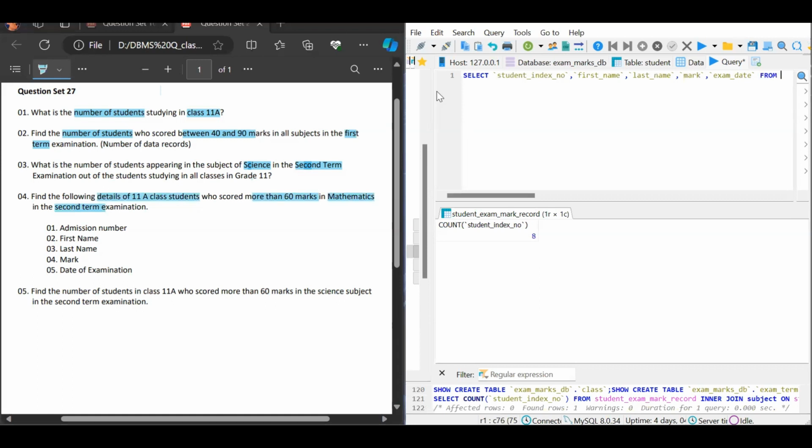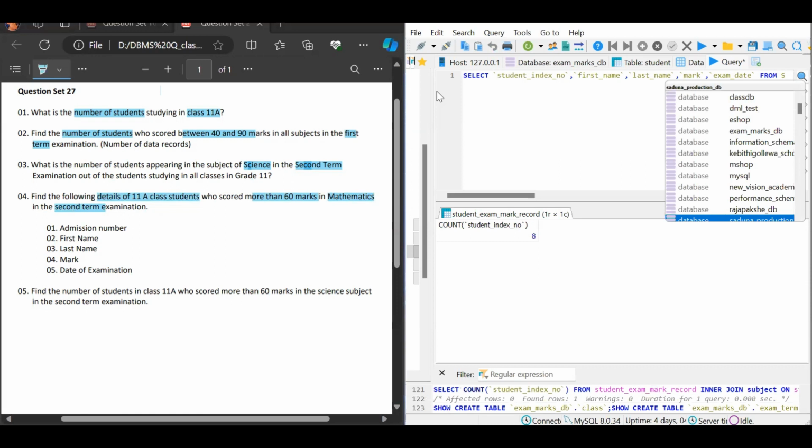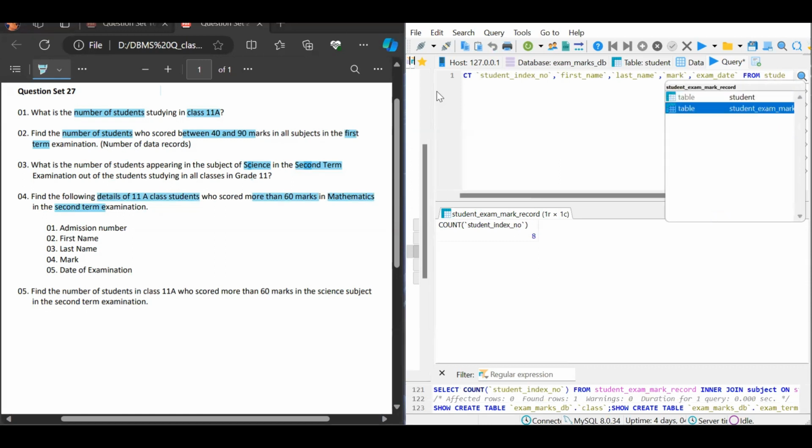We can use the from keyword here, and then we're gonna find this from the student exam mark record table,